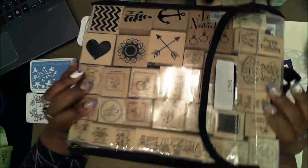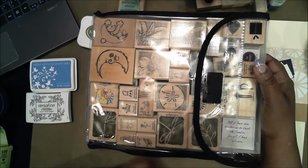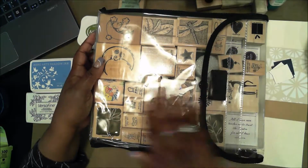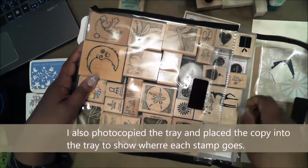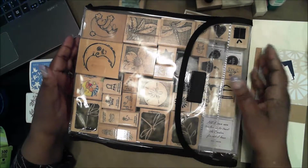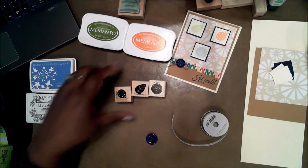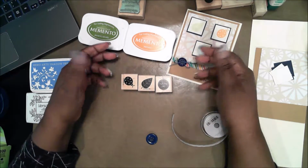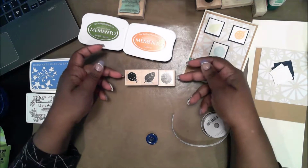It is two-sided, as you can see, and I'm trying to do a new storage solution, which I got from Tiffany Spalding. She sells these on her website, and you take all the wooden stamps and you fit them into the trays. They come right out. You fit them into the trays, and then you're able to get rid of the containers that they come in, and it takes up a lot less space in general. But unfortunately, the side effect of that is I no longer have all the stamp sets together, so I'll just have to show you the stamps and tell you the name of the stamp set that this comes from